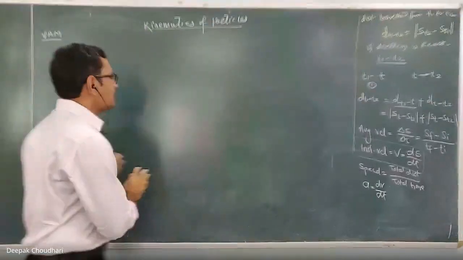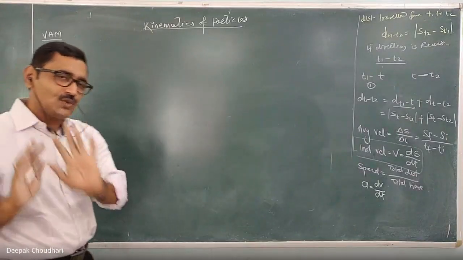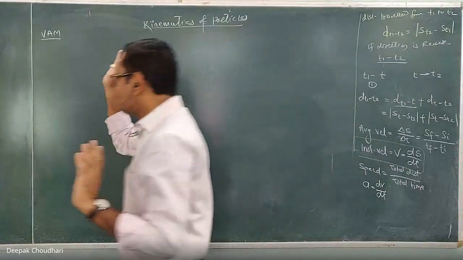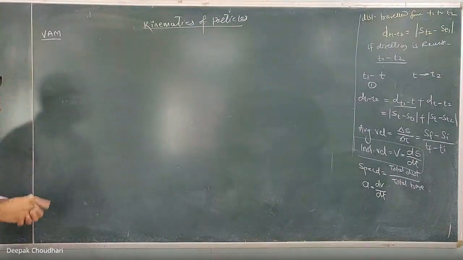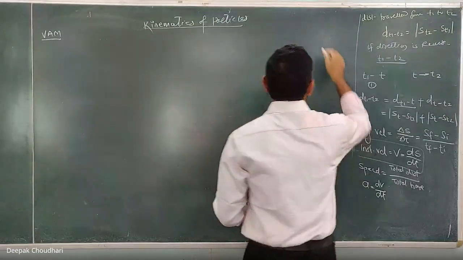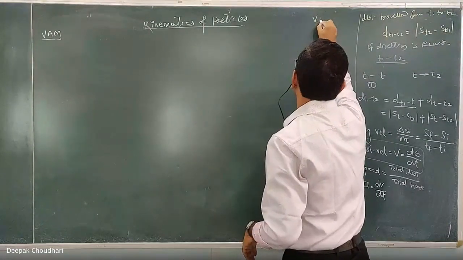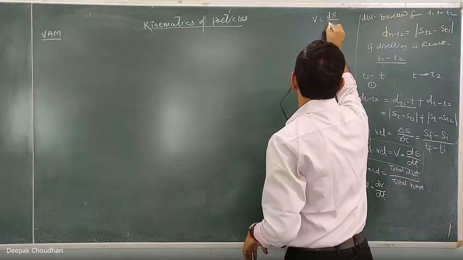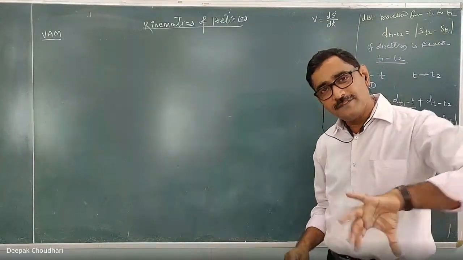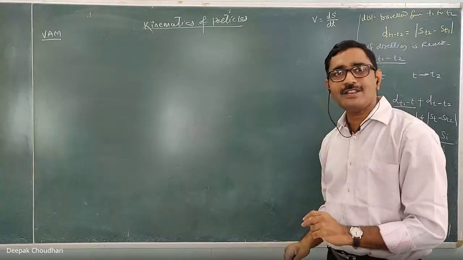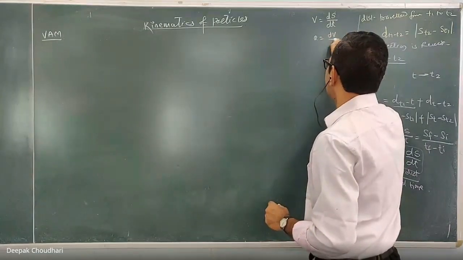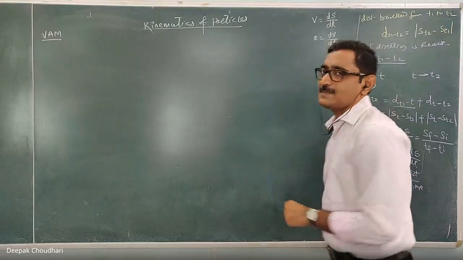Here, now first I am going to explain you the theory, and for solving the same procedure you have to follow. Now before explaining this procedure, let me tell you one thing. I already told you that the velocity is the rate of change of displacement. If you know the equation of displacement, अगर आपने उसको differentiate किया तो you will get the equation of velocity. Similarly the acceleration can be written as dv by dt. It is the rate of change of velocity with respect to time.